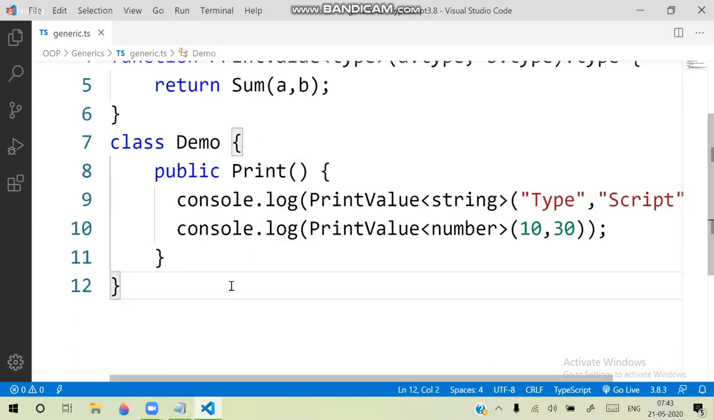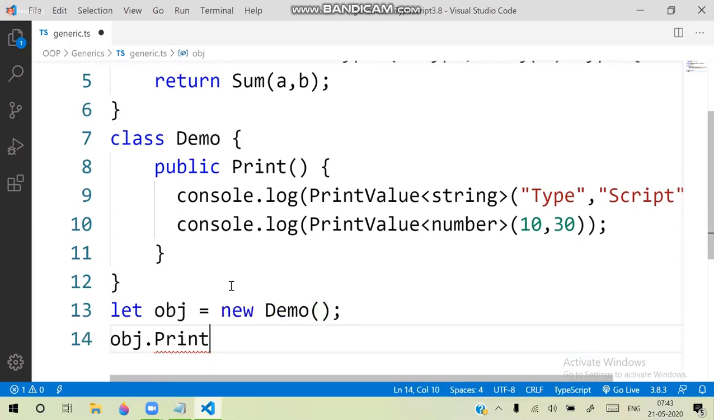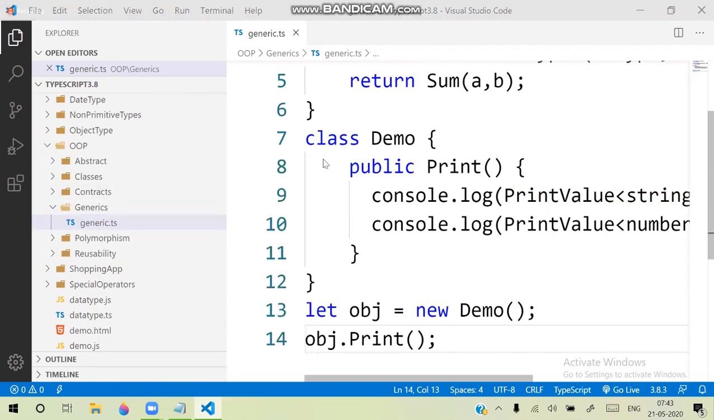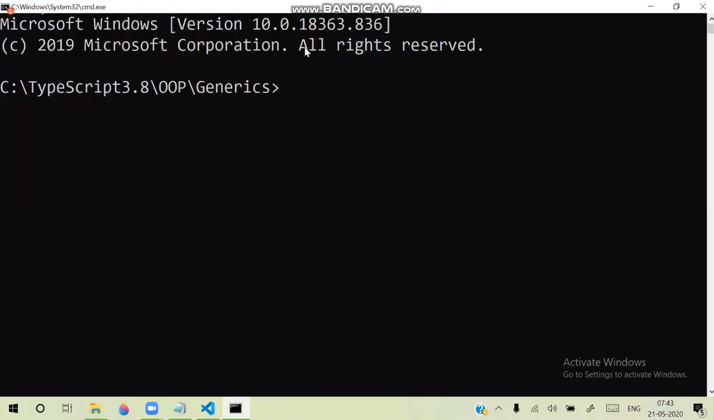Then I'm creating an object for this. So some obj is equal to new Demo, and we are printing obj.print. It should print those details. So let's roughly run this and see. Generics, yeah. Let's run this and see the generic type. So I'm using tsc generic.ts and node generic.js, and it is able to